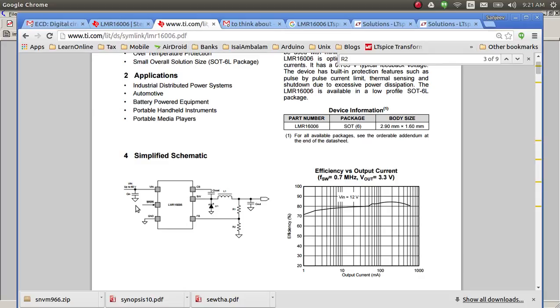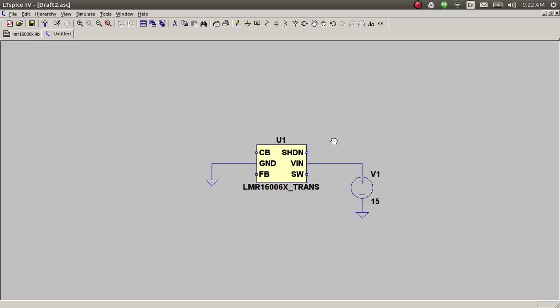So I should add a small capacitor, but that's not necessary for me. I've already put a voltage source. Now I need a capacitor between CB and SW, so that I'll have to look out for, and I need an inductor. So let's just put the resistor network. Let's just put a network that looks something like this. So I just pull this out further, and we put